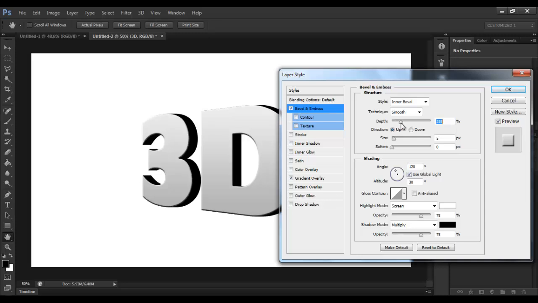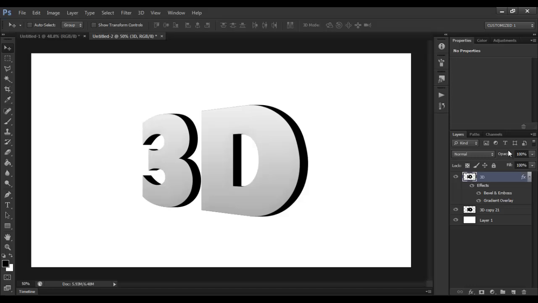The depth should be a little decreased to 1 pixel, and the size should be increased a little. Okay, I'll keep the size around 49. Press OK. Now what we want to do is take the 3D copy layer and